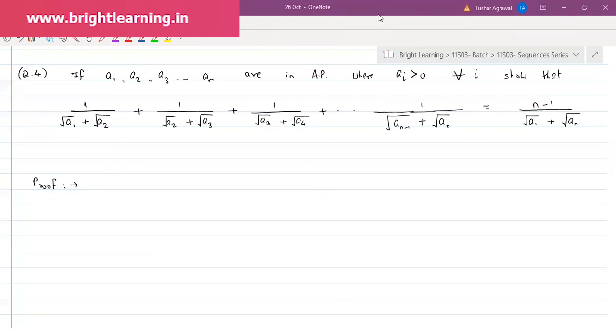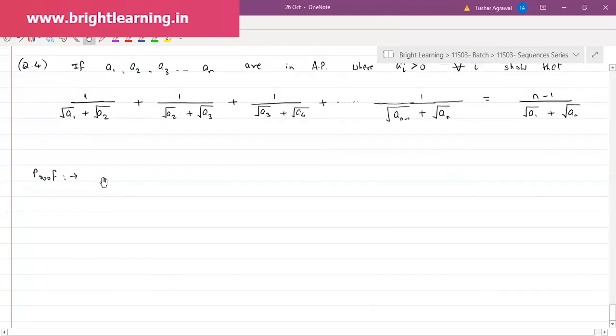Okay, let's see. So first term 1 upon under root a1